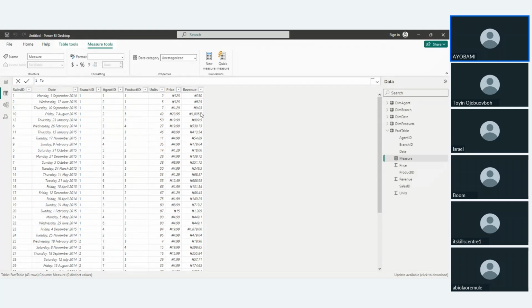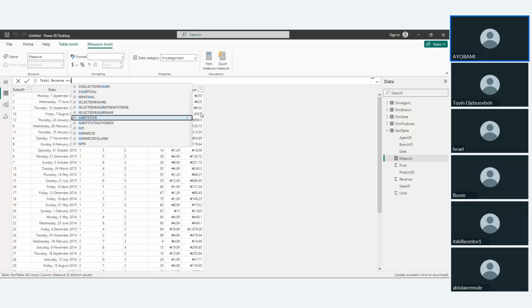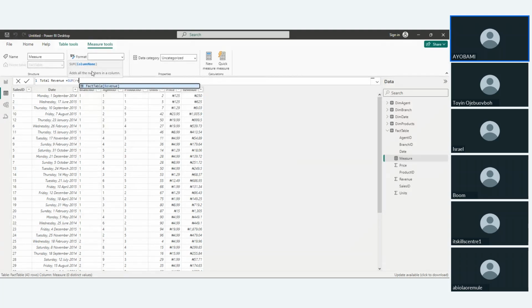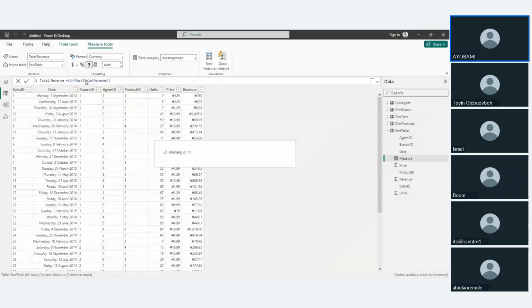So I can call this my total revenue. So if I call this my total revenue, I can say equals to, I want to sum. I want to make a sum now. What's the name of the column I want to sum? As you can see, it's asking me for a column name. I can say the revenue. Yeah. So the order for Power BI is the table name, then the column name. So I'm making a sum of the revenue column from the fact table. So if I press enter and I make a sum of that,